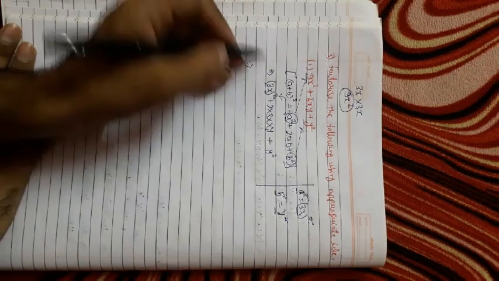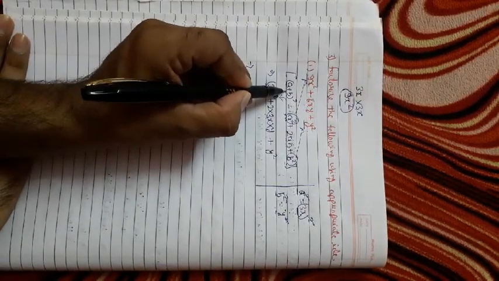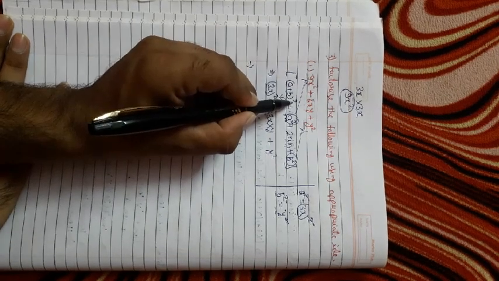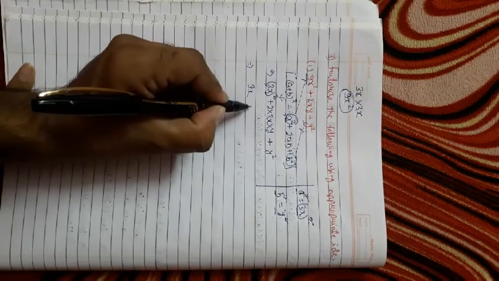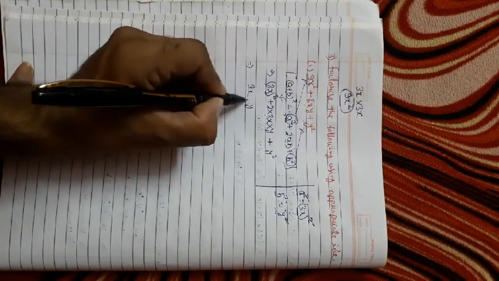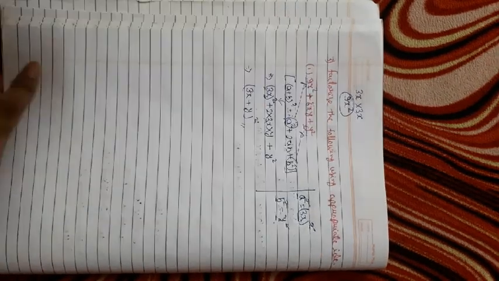Finally what we have to do, we have to take, see in the identity there are only first and last term. First and last term is there, positive sign is there, and whole square of them. So we'll take first term 3x, last term we'll take y, between them there is positive sign, so we have to take plus and we have to write it whole square. So this is our answer.